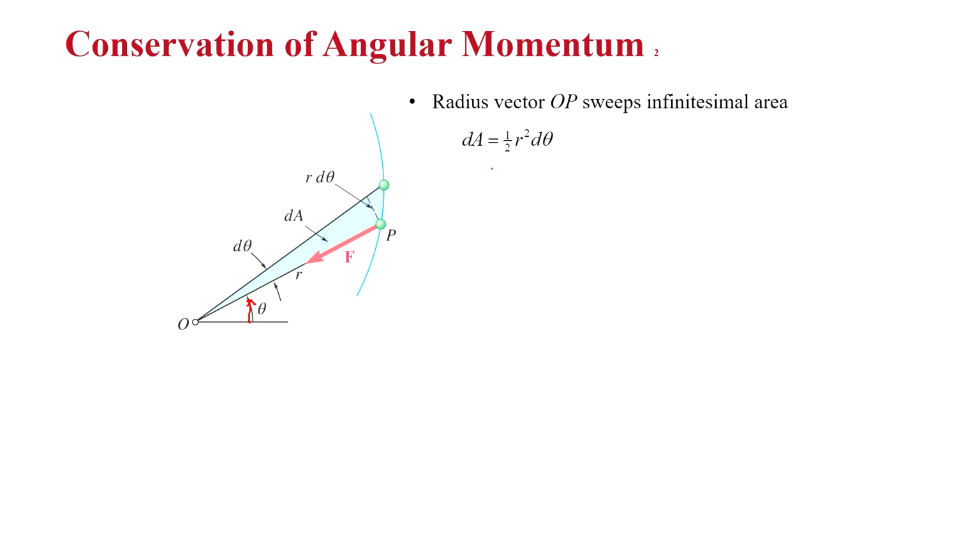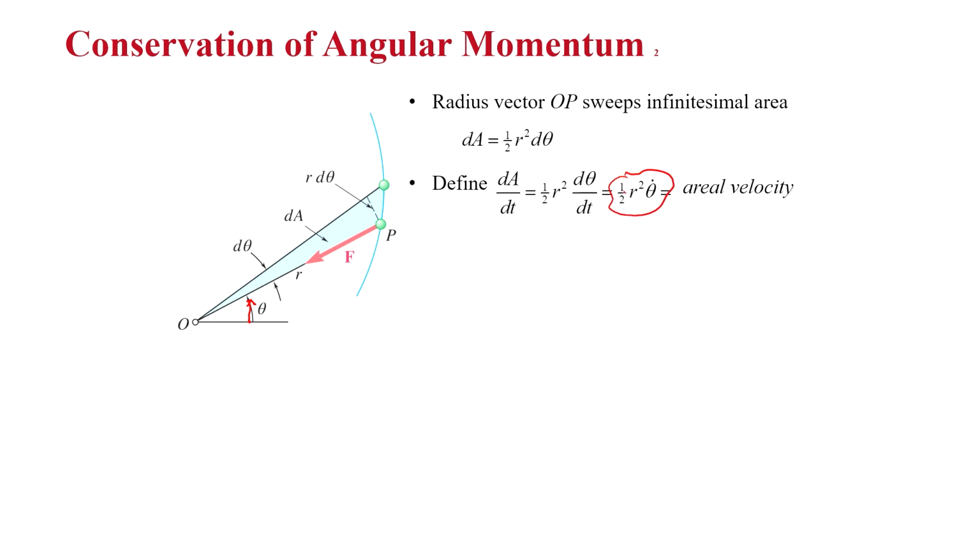So the area, because it's a triangular shape, is 1/2 of radius squared d theta. Okay, and then if you define dA dt, so basically find the derivative of this, you have to do a chain rule because r and theta are changing. You're going to have 1/2 of r squared d theta dt,